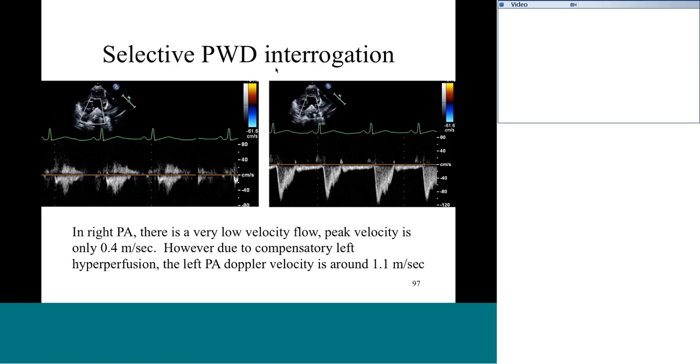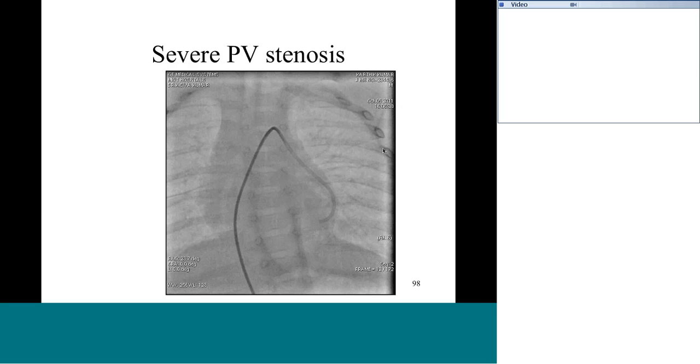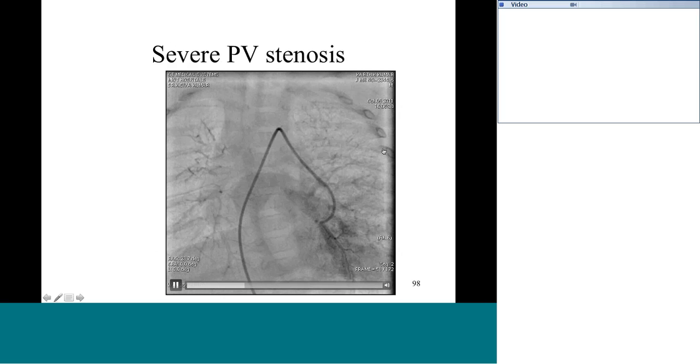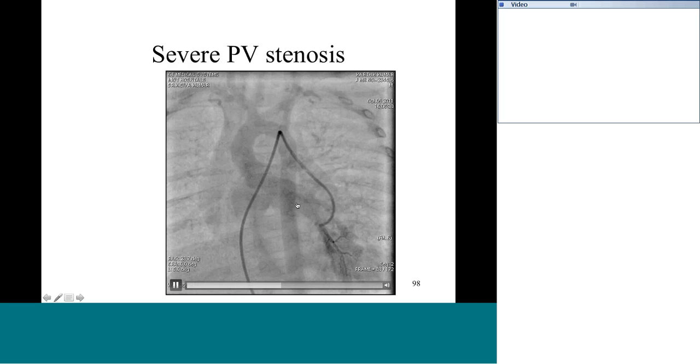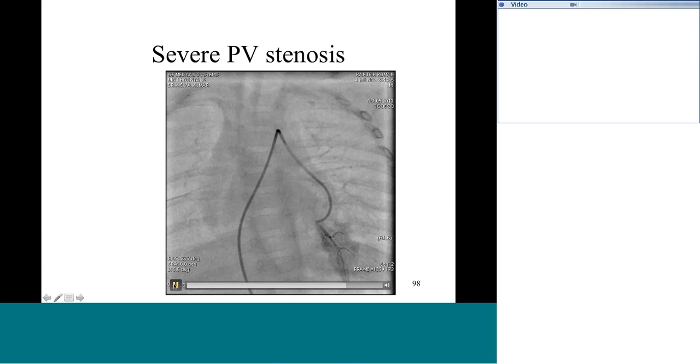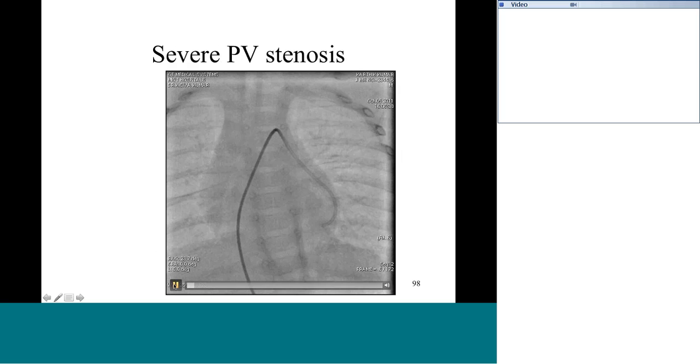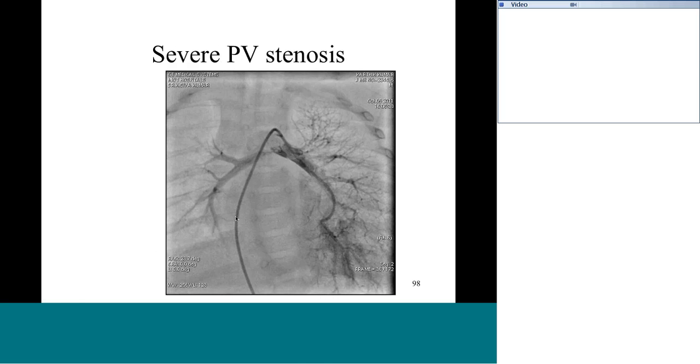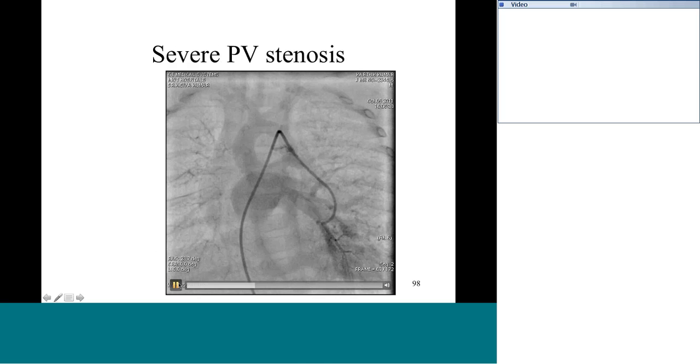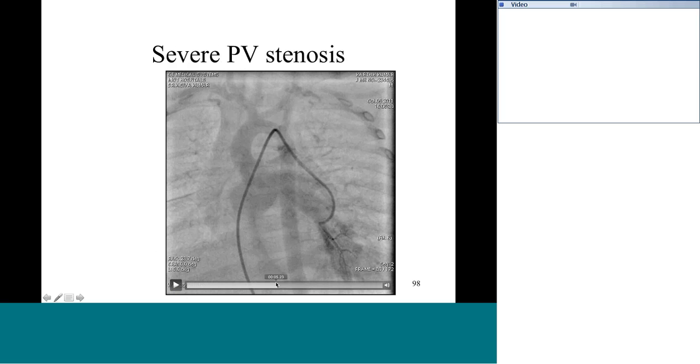So unilateral pulmonary vein stenosis needs to be given importance even if the gradient is low. So this is an example of severe unilateral pulmonary vein stenosis. You are injecting into the pulmonary artery and you are waiting for the levo phase, and when the levo phase is coming up, you will understand that there is a tight obstruction. See here,